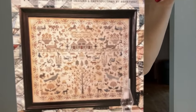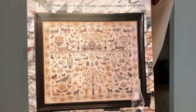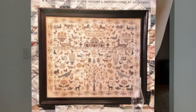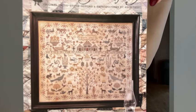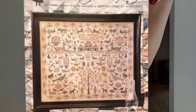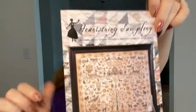I don't know if it does to you, but it kind of reminds me of the Long Dog Samplers, how it's just got so much going on. But when you're actually stitching it, there's lots of space in there. You really don't know it until you see it in person. I happened to see this one in person, and that's how I knew that I wouldn't mind actually stitching it. I thought everything was going to be super close like they are here, but they're not. This one I did on the actual called for, which is,